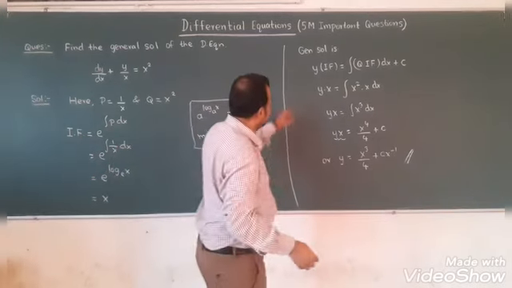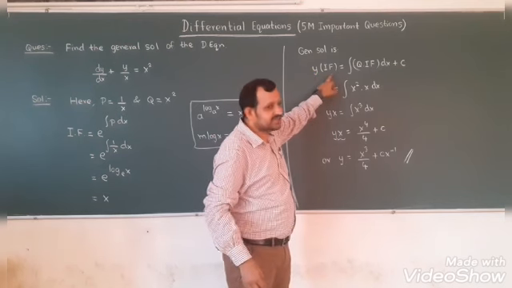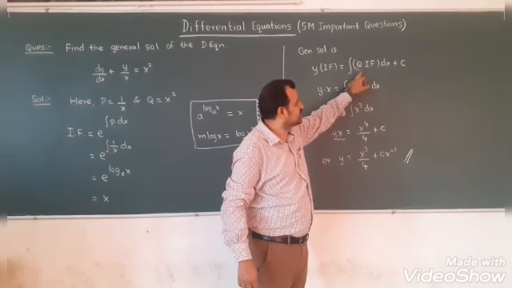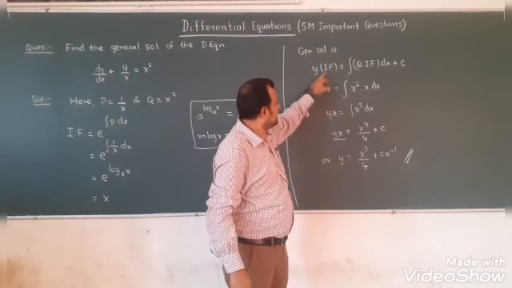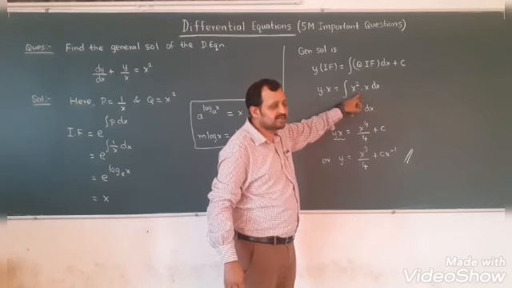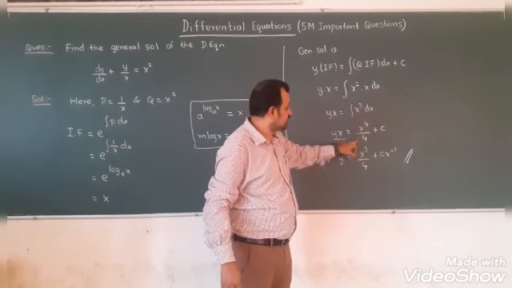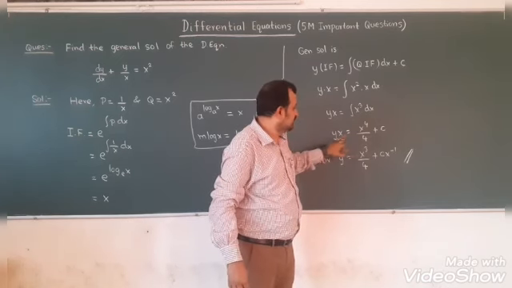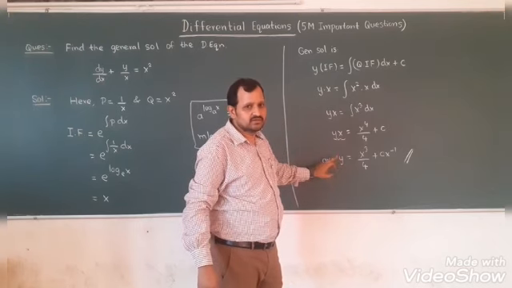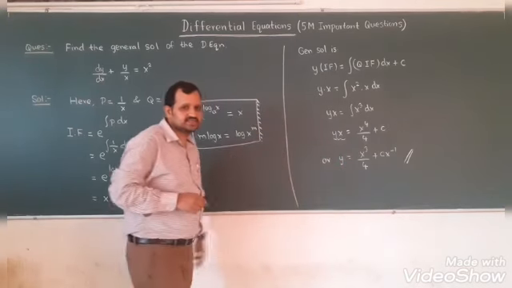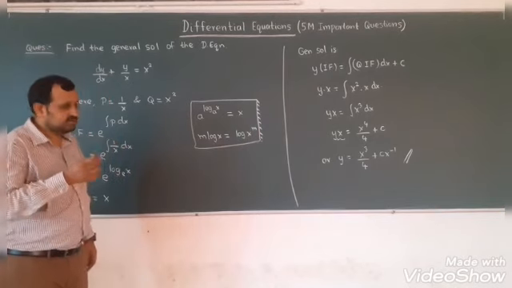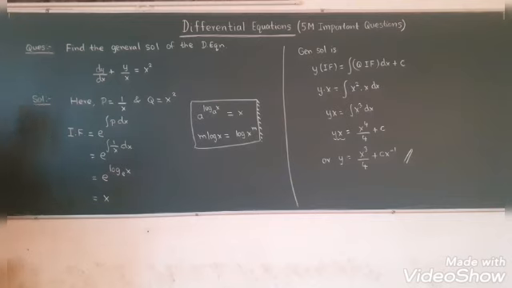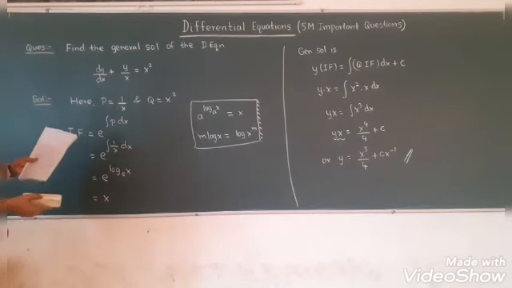Now general solution formula is y into integrating factor is equal to integral of q into integrating factor dx plus c. Now integrating factor is x, so integral of x cube is x to the power 4 by 4. You can leave the answer like this, otherwise divide both sides by x. You will get the required result. I hope the solution is clear. To make this more clearer, let us see some more questions on general solution of differential equation.